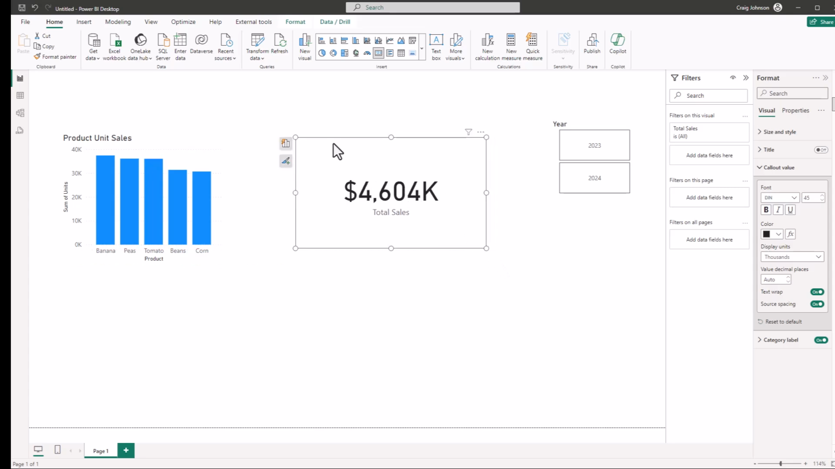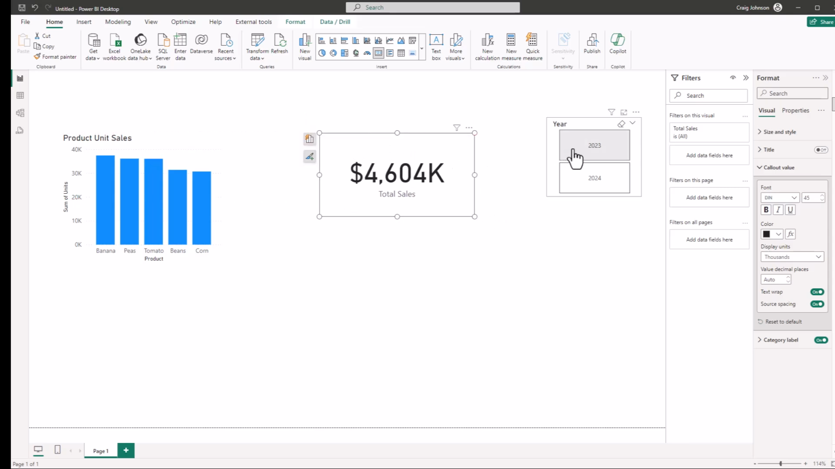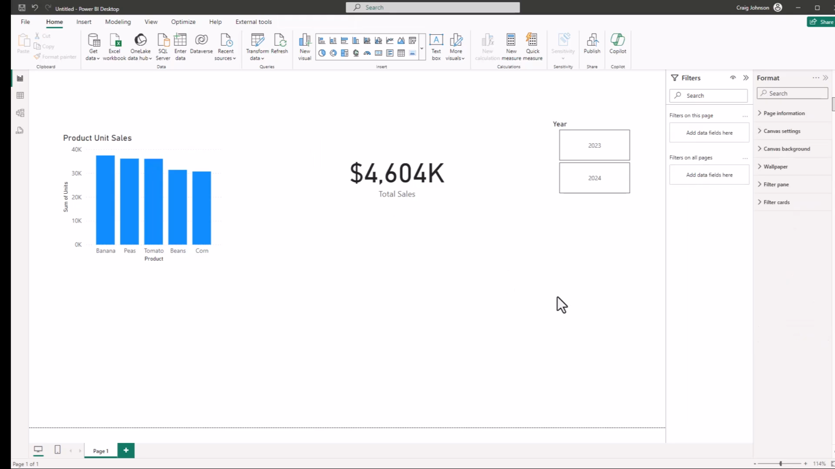So now we're starting to build out our dashboard. We've got the product sales and we've got the units. We have our slicer by year. Now a